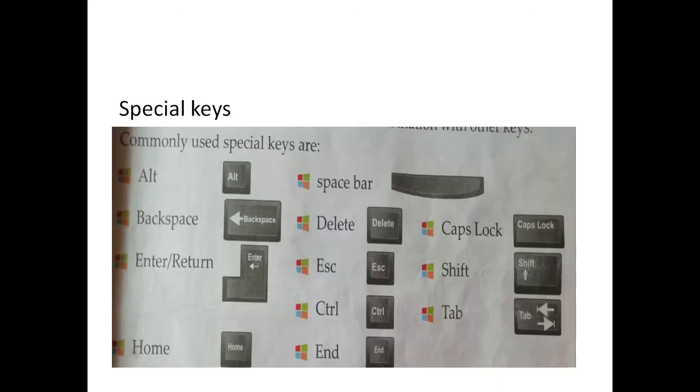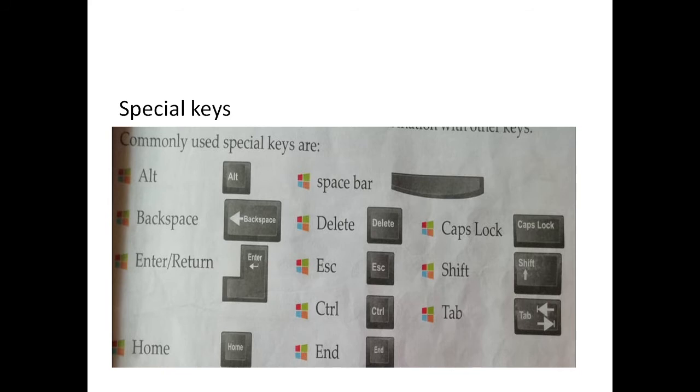And the last one is special keys. Special keys are keys which are used to perform some functions which we cannot do with the other keys, like alphabet, number keys or arrow keys.